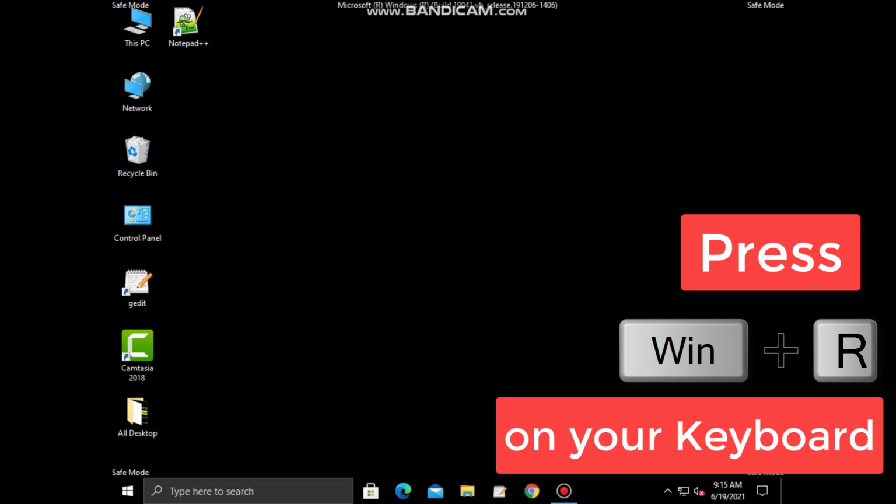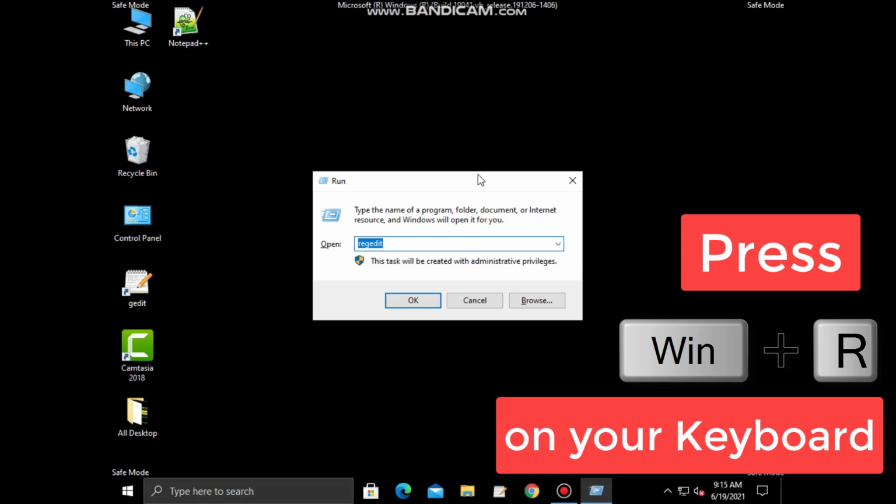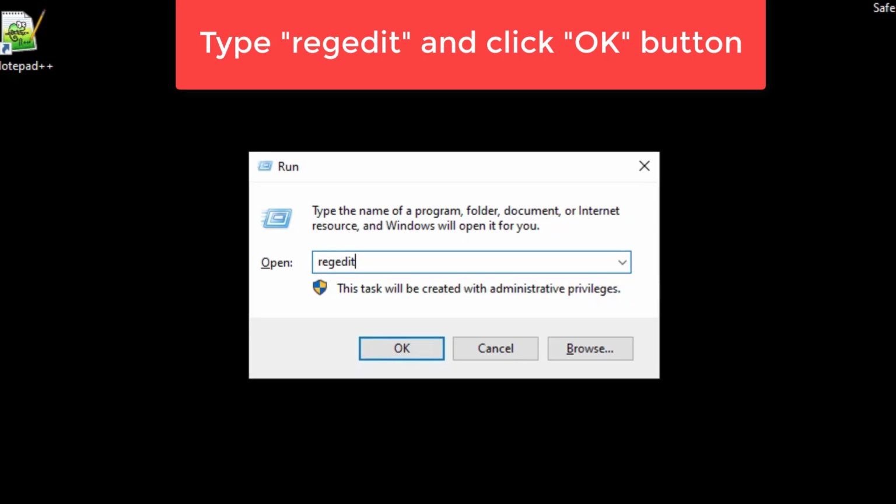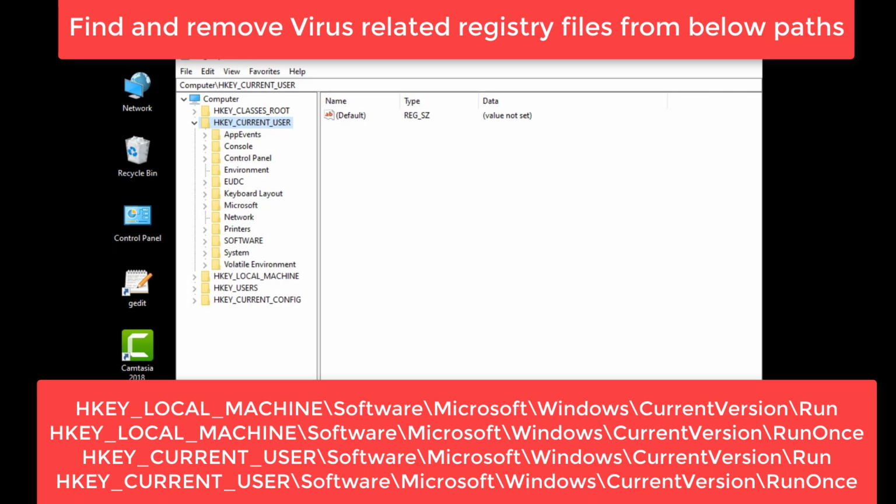Again press the Windows plus R keys on your keyboard, type regedit and click on the OK button. We are going to remove virus related registry entries from your registry editor. You can see some paths on your screen.